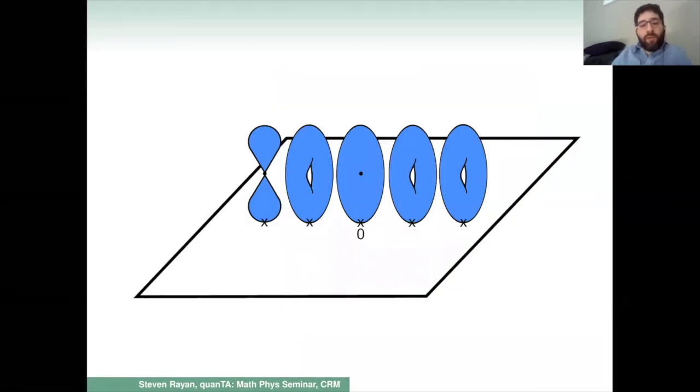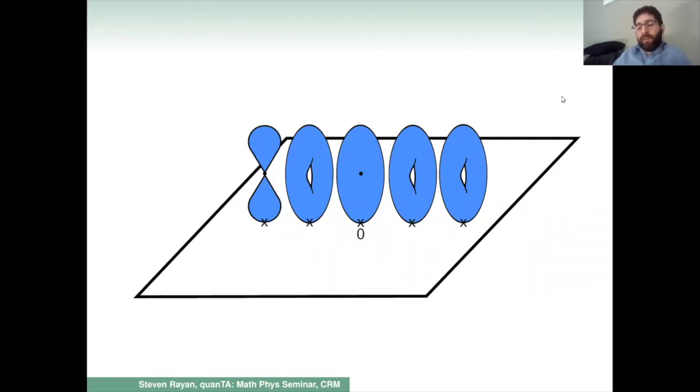So here's a cartoon, just to be somewhat visual about it. Here's a cartoon of the Hitchin system. You can think of this flat space, this affine space, as the space of all possible characteristic polynomials, and then these vertical directions are the tori. So this torus here would be all of the Higgs bundles that share a particular characteristic polynomial. And again, there are some degenerate fibers in this family.